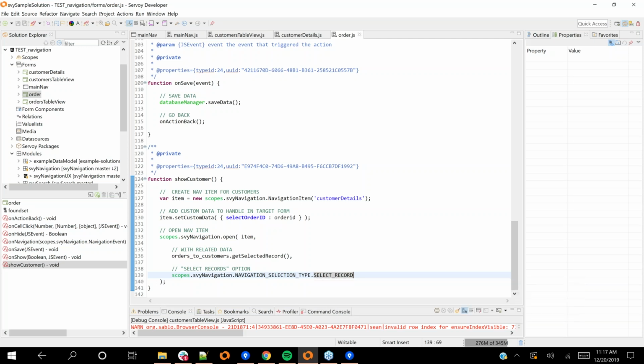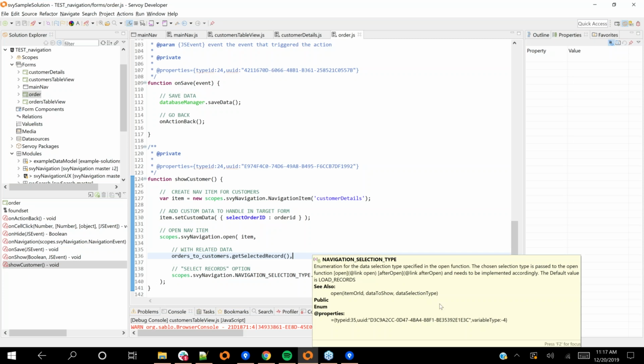So I'm using the select record option so that suppose I were to navigate to a list form, it wouldn't just have one record, it would have all the records, yet it would select the right record. So there's a semantic difference there between the other options, which are to load or to select. Now, one little caveat I would point out is that if it's already cached, it will select it. But there's also another option called force select. And this is a bit of an edge case, but suppose you had a really large